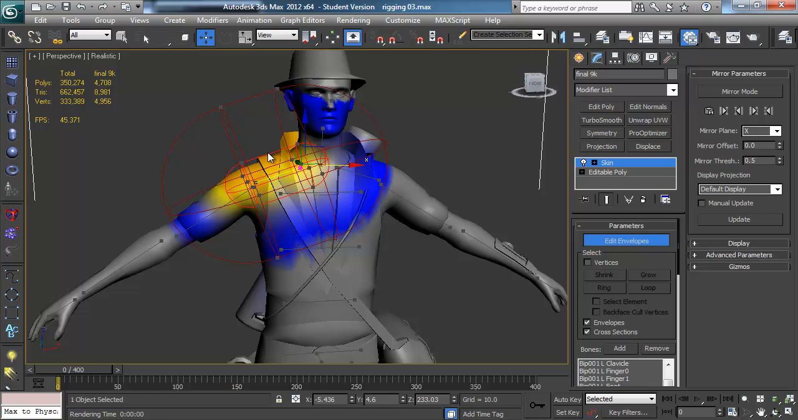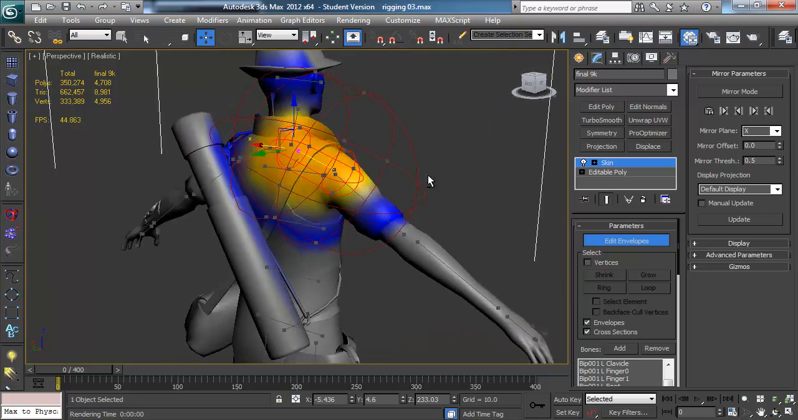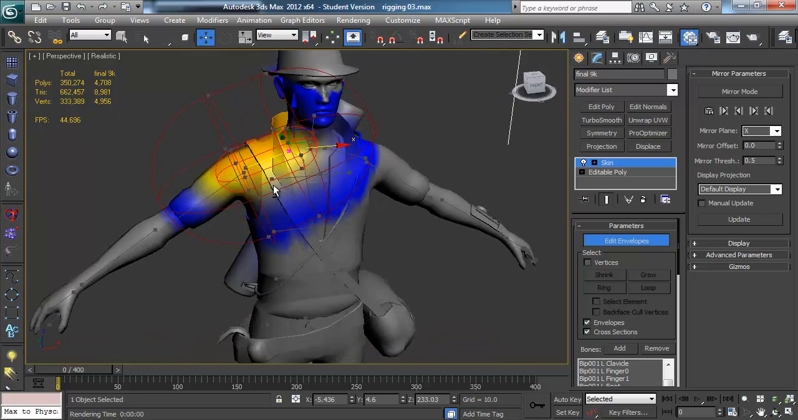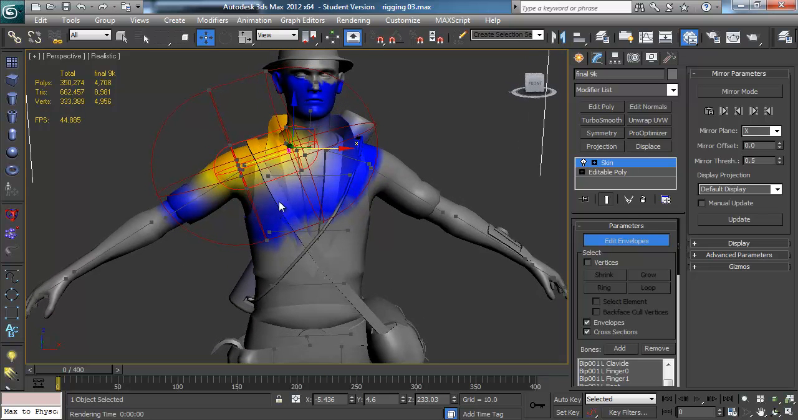So here it'll be 100. Somewhere about here will be about 50. I know there isn't any geometry here, but if there were, it would be about 50, and here would be about 0. And this is color coded. So red is 100%. There's not too much red because other envelopes are also reaching this far, and blue is